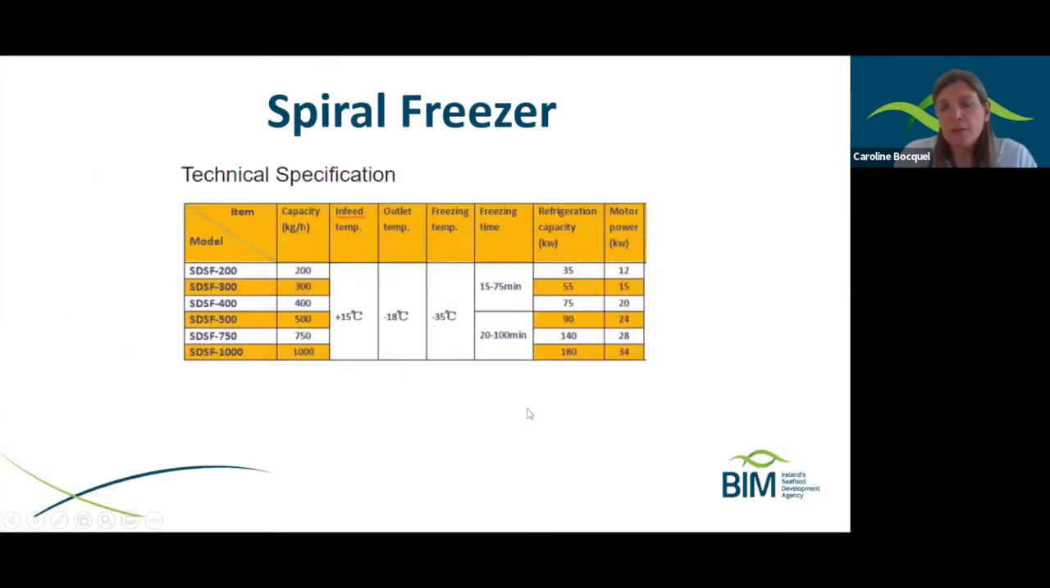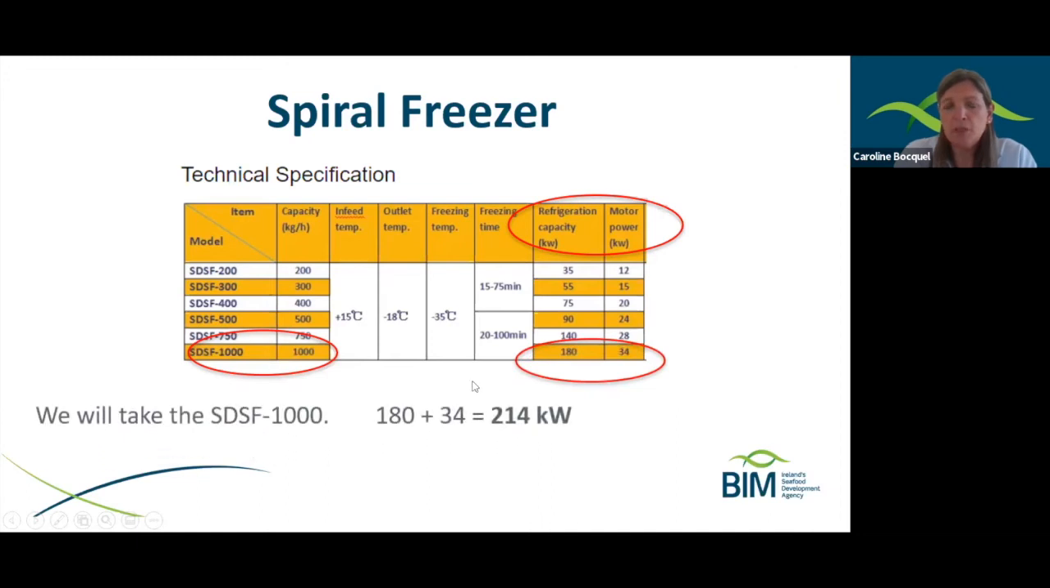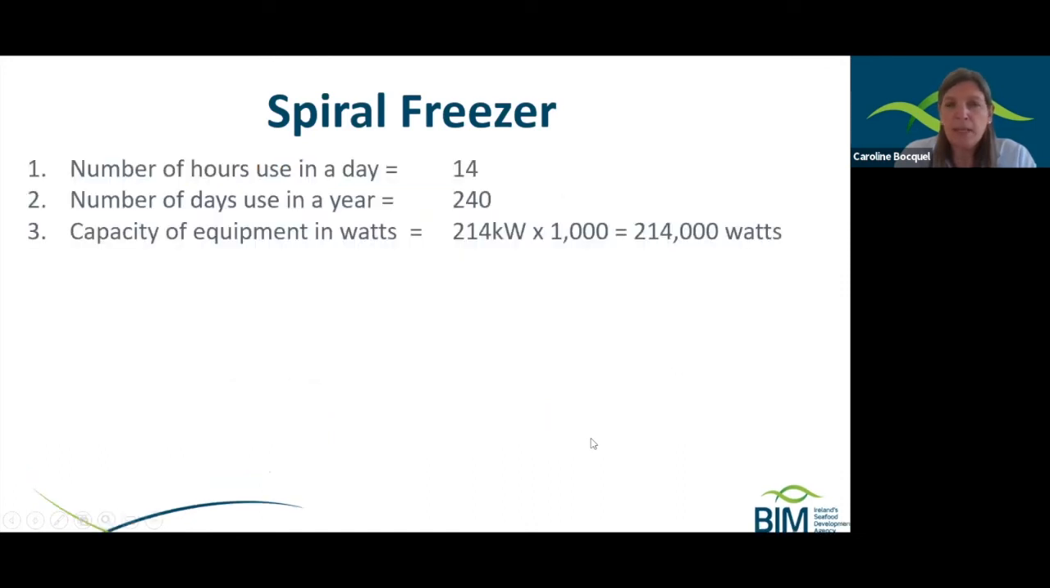We see here the power is set out as refrigeration capacity and motor power. And we're going to take the example of the SD-SF1000 and work that through as an example. The first thing that we do is add the refrigeration capacity and the motor power together and we get 214 kilowatts. We'll take the number of hours in a day, we're proposing that at 14,